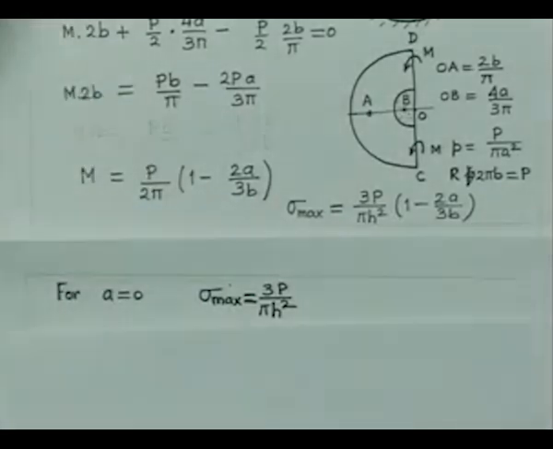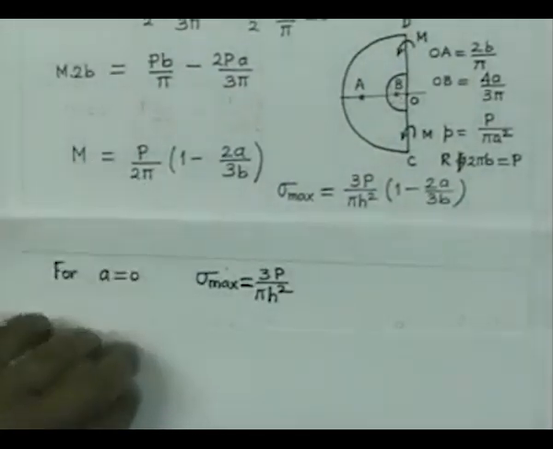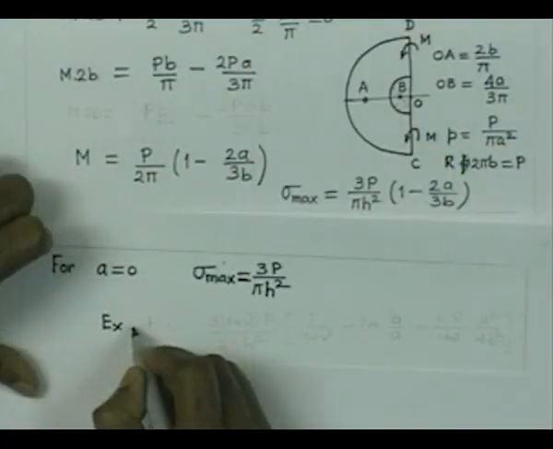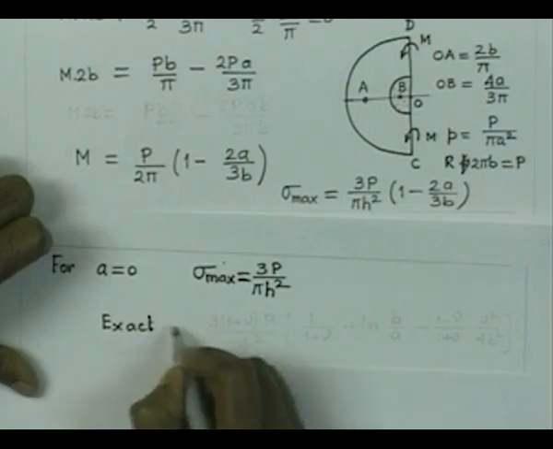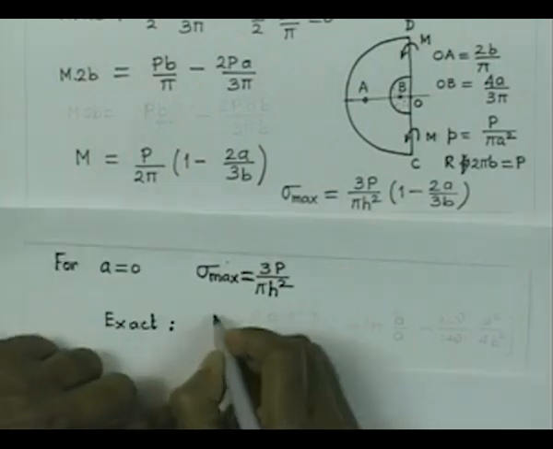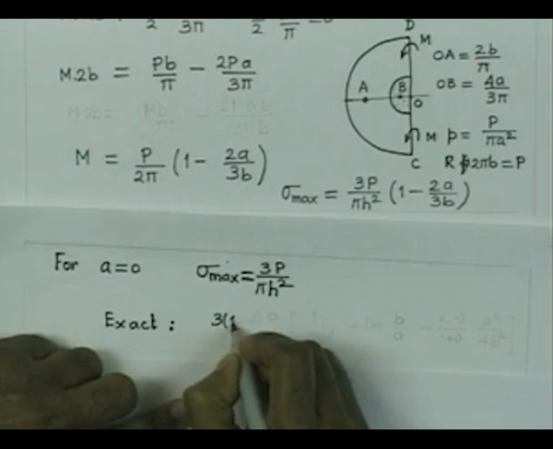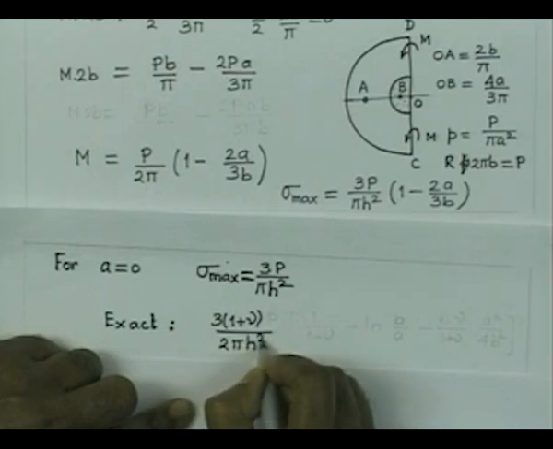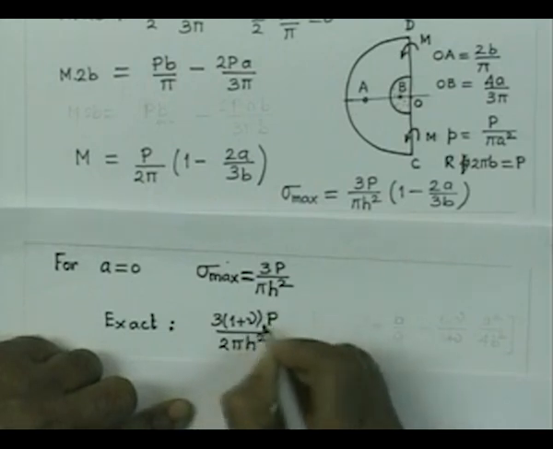It is going to be tensile stress, and if it is at the top fiber, it is going to be compressive stress. You might be interested in trying to know what is the exact value of the stress if we go rigorously for the analysis. Then in that case, this maximum stress, so exact answer is nothing but 3 into 1 plus nu over 2 pi h square into P